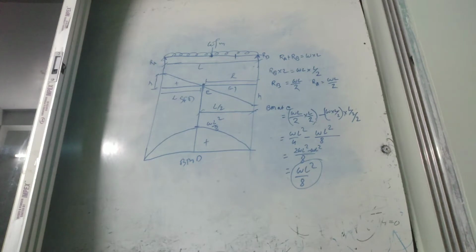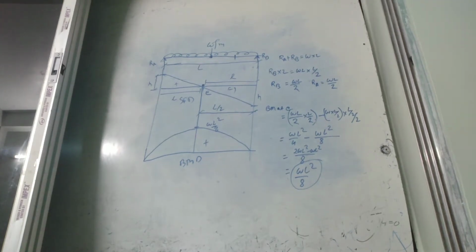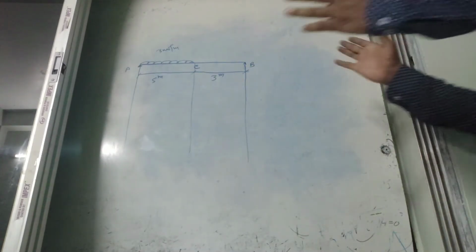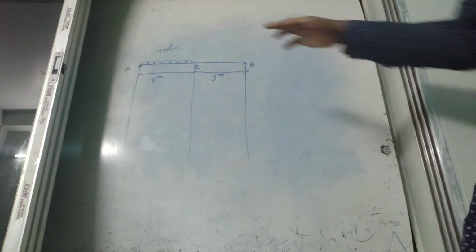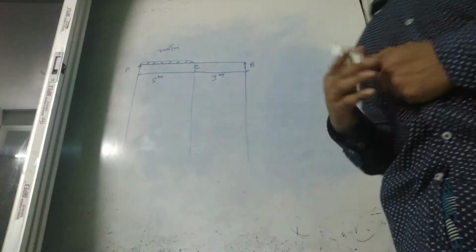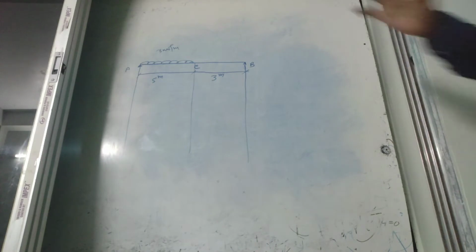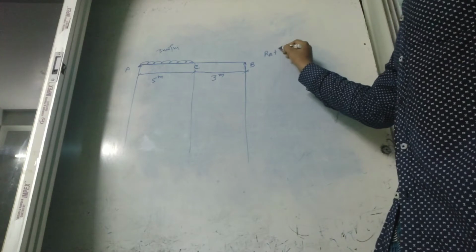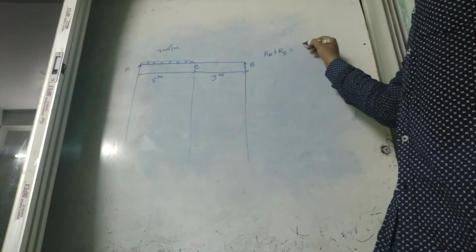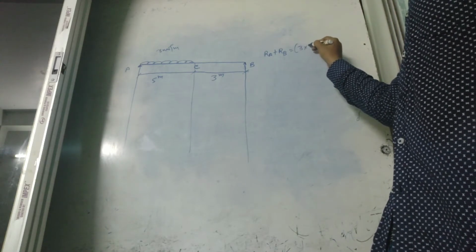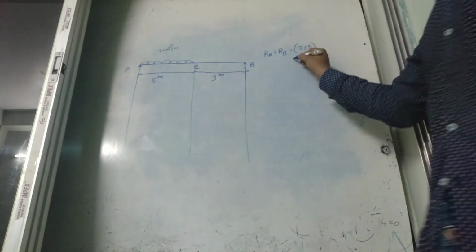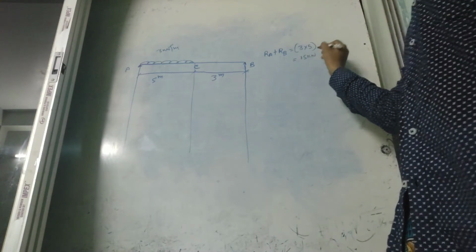Okay, now you will go for a mathematical solution and you will understand good enough, I think. This mathematical problem is given where the total length of the beam is 8 meter and 3 kilonewton per meter is UDL acting over 5 meter span and the other span is free. In this case, total load is taken by RA plus RB, which is force of 3 kilonewton per meter acting over 5 meter length. So 3 is multiplying with 5, so total is 15 kilonewton load.